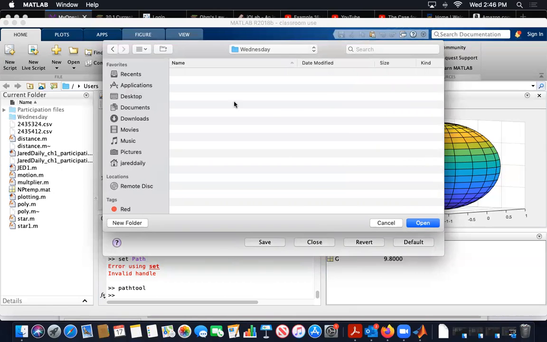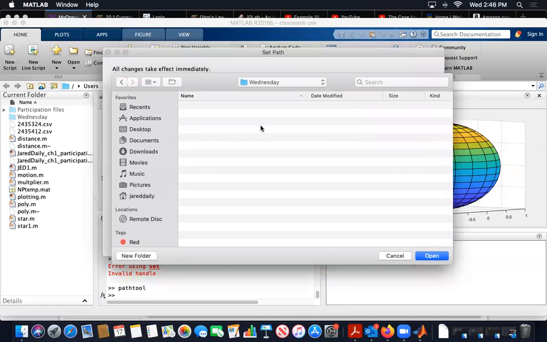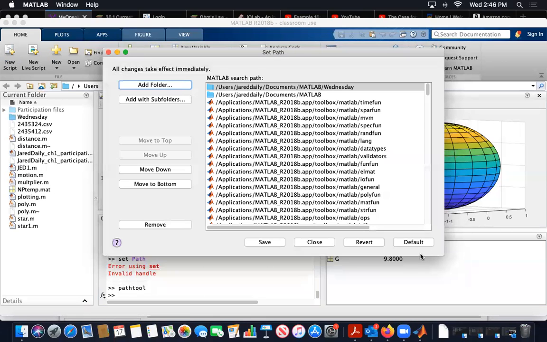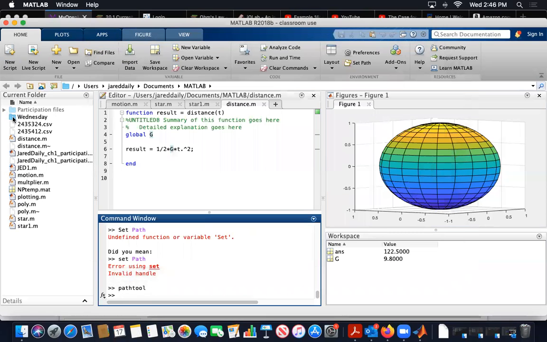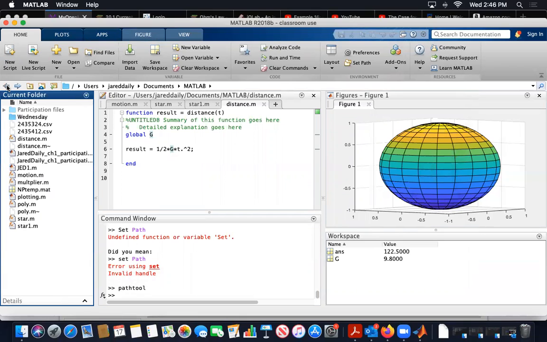And then so I can start to put things into this Wednesday folder. It's now over here in my current folder path, and I can go ahead and save this and close it and be done. But now I've got this new folder over here where I can start to save functions, and I can drag them into there, or I can actually put them in there. Now, putting them in there requires